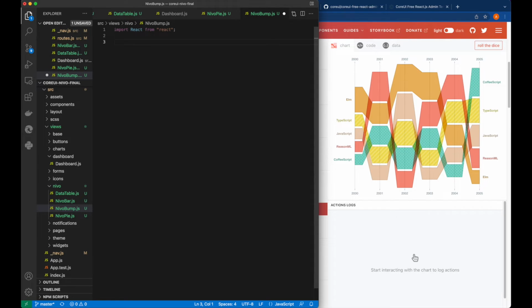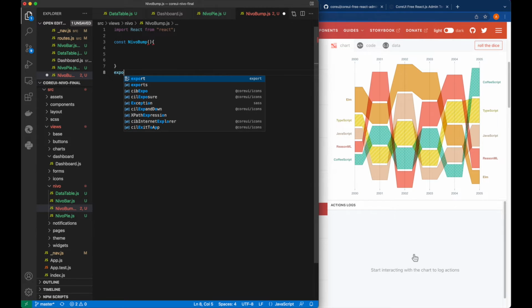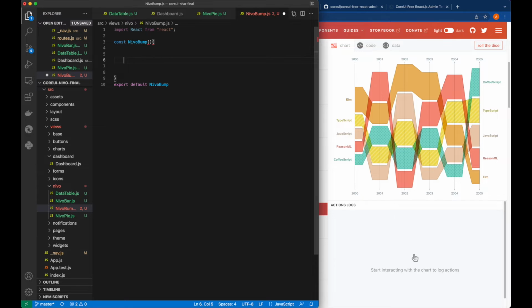Then after we need to just call const NIVO bump, and then export default NIVO bump and return. So this is our NIVO bump,